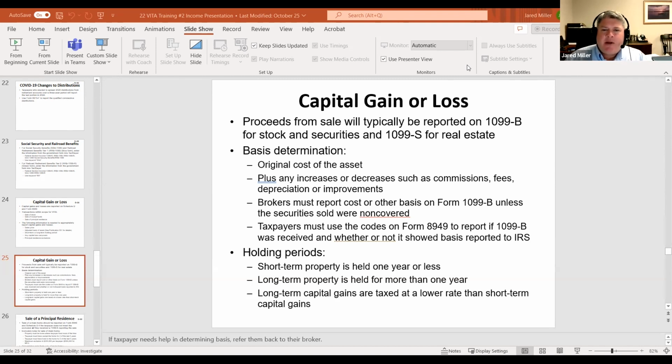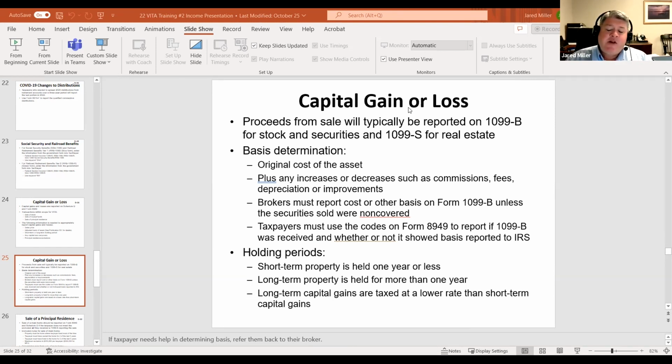Okay. So question coming in about the basis schedule. If you inherit, you get stepped up in basis. But if you were gifted shares, you acquire the original cost? Yes, that is correct. So if you are inheriting property, you will get the basis as of the date of death of the decedent. So whatever the fair value was at the date of their death, that is your new cost basis.